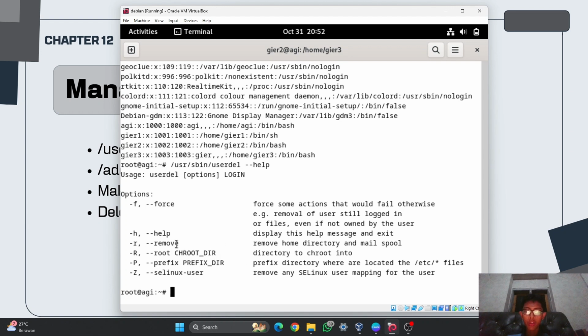If you only use remove, it only removes the home directory and also the mail spool.